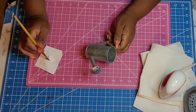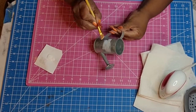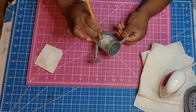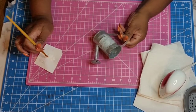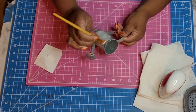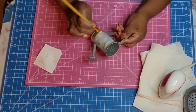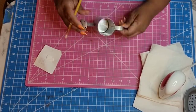Now, this is going to be our lollipop holder right here, guys. So it's a watering can, a little miniature watering can. I got this at Hobby Lobby as well for like $1 or so, I think. And again, I'm just whitewashing it just like I did everything else, or at least the sleigh ride, quote unquote sleigh ride. And I'm going in and I'm just going to add some rub-on stickers from